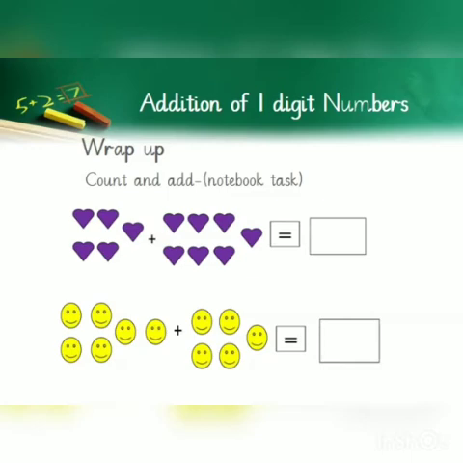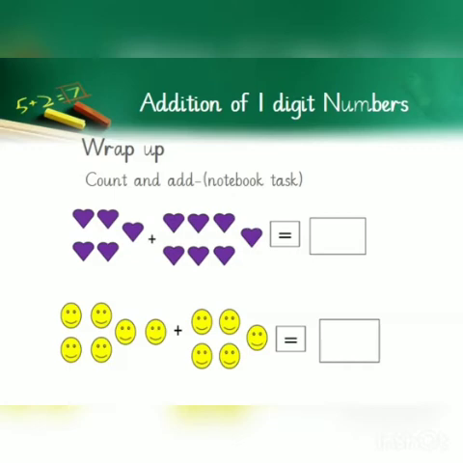Alright, now let's move towards the wrap-up session. Count and add the given items. 2 pictures are given over here and you can see the addition sign in between. Always remember children that whenever you have to add something, don't forget to place the addition sign. And for writing the answer, you have to put an equal to sign before writing the answer. So, count the hearts. What is the total number of hearts given over here? Count and then add. 1, 2, 3, 4, 5. 5 plus 7. And the total number of hearts is, yes, 12.